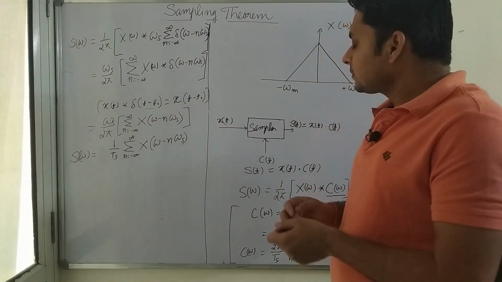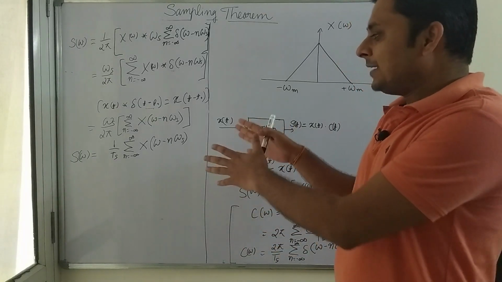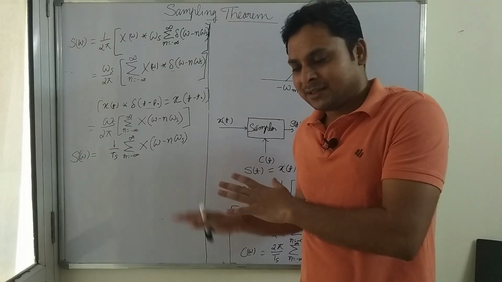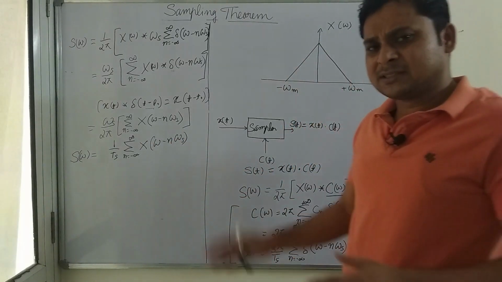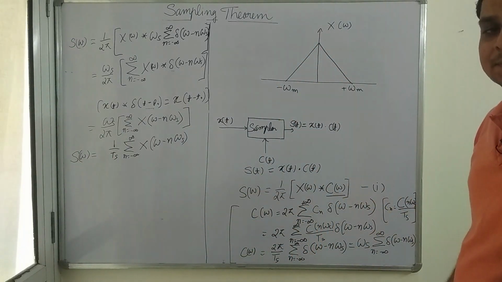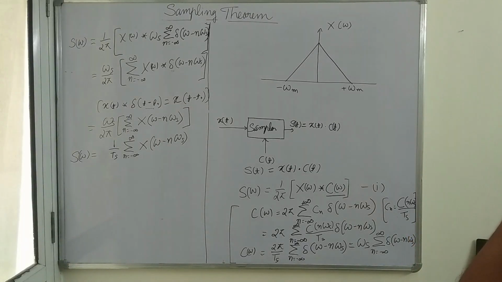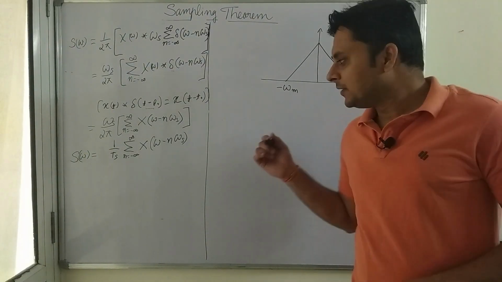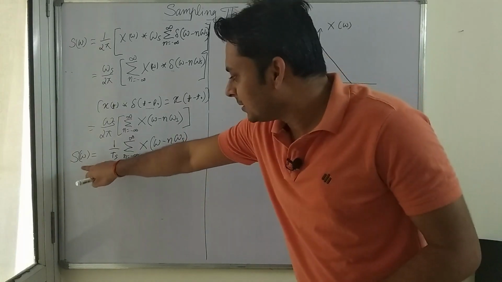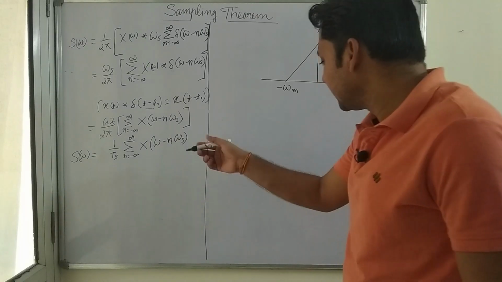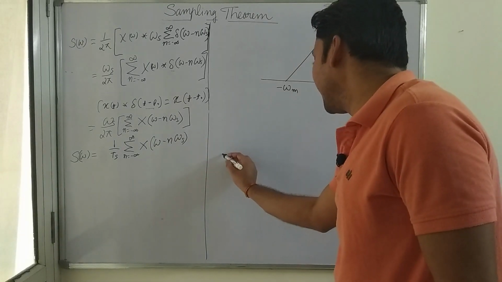Okay, now what we have to do is represent it in the frequency domain. This S of omega we will represent in the frequency domain, and let's check whether it is recoverable or not. First, pause the video and write all these steps. Now we will recover this. Now we will draw the frequency spectrum, or Fourier transform frequency domain representation, of this S of omega.